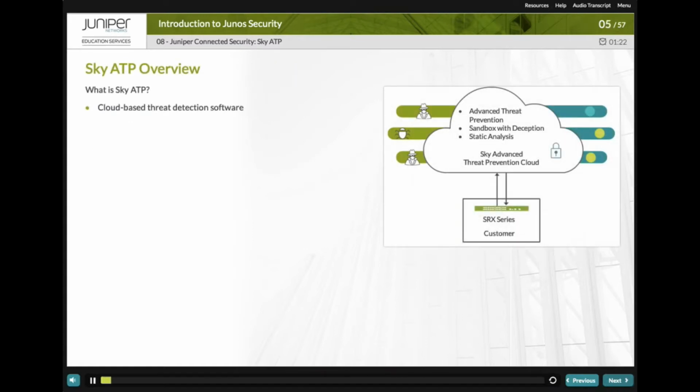Sky ATP is a cloud-based solution, and cloud environments are flexible and scalable, and a shared environment ensures that everyone benefits from new threat intelligence in near real time. Your sensitive data is secured even though it is in a cloud-shared environment. Security analysts can update their defense when new attack techniques are discovered and distribute the threat intelligence with very little